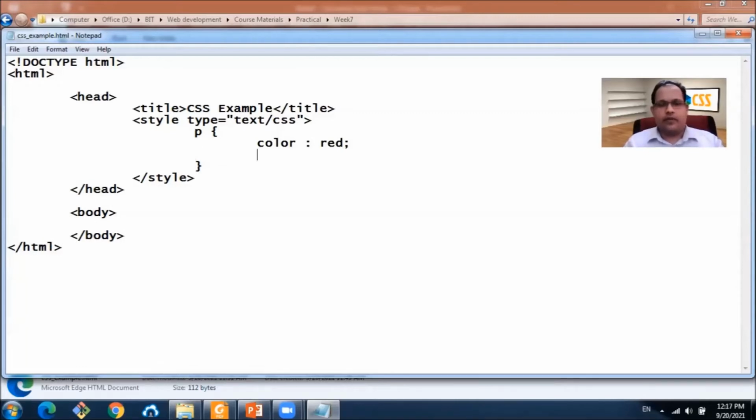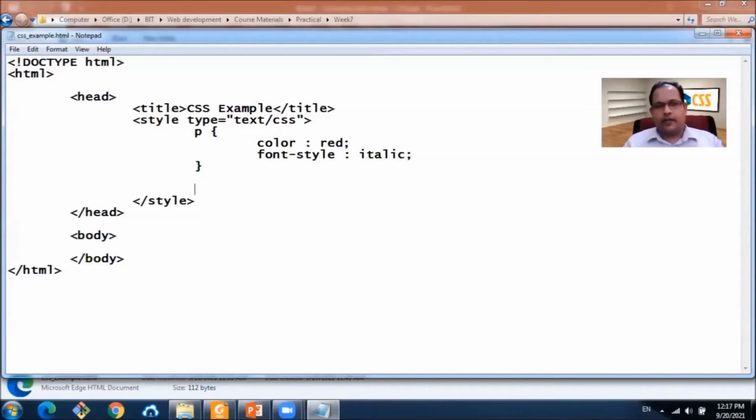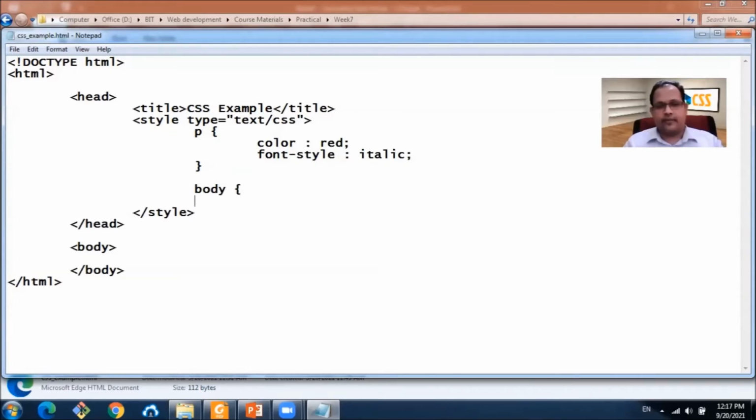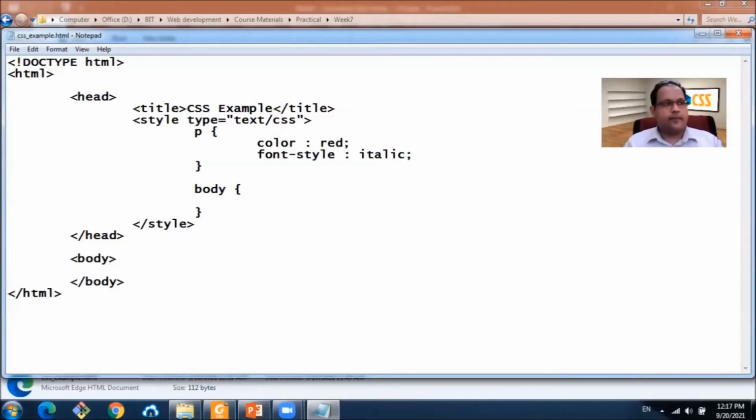How about font style? Italic. Right? Not only the paragraphs, we can define the style for the website body. Shall we make the background color of the body yellow?